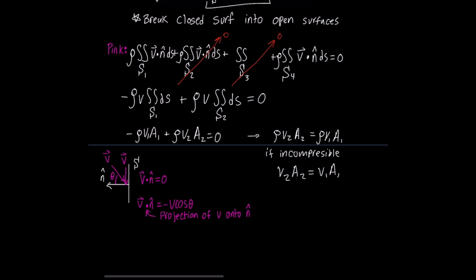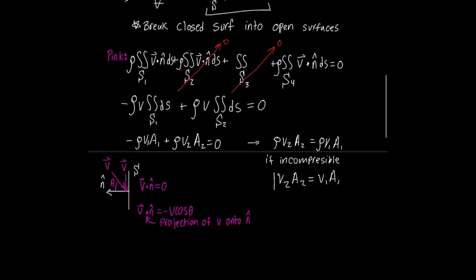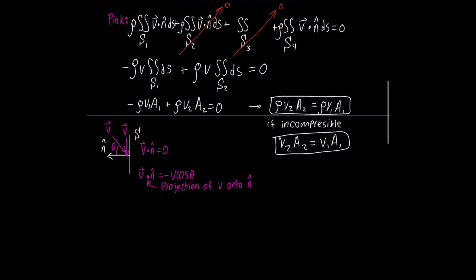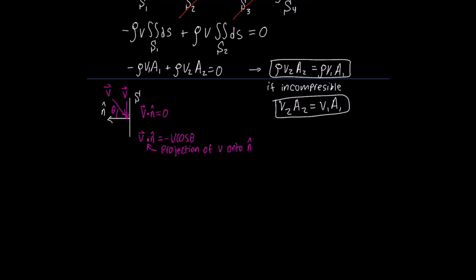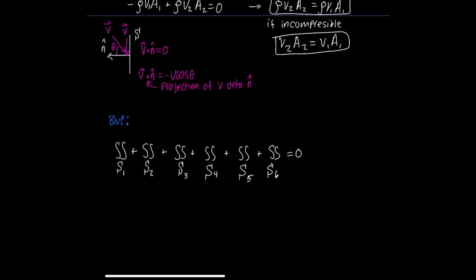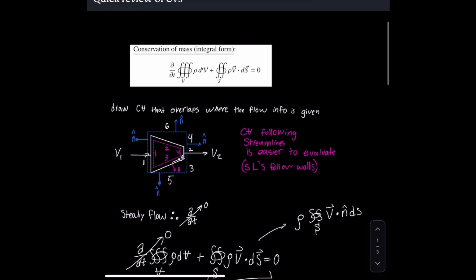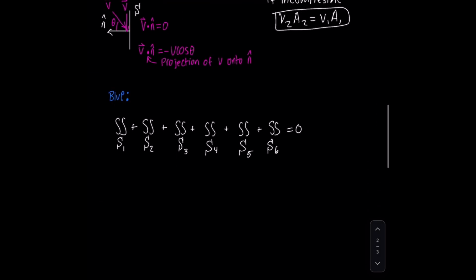So yeah, that's using the pink control volume. But now we can prove the same thing using the blue control volume, which is a little bit more complicated because there are a few more surfaces, but a lot of them go to 0 right away, and you'll see why. So we can see that we're looking at these specific surfaces, and in the closed surface integral we have